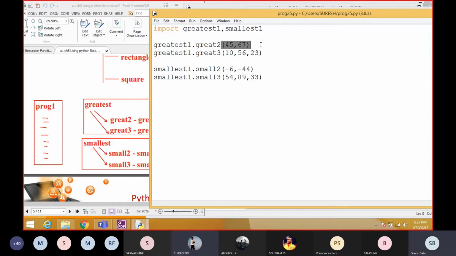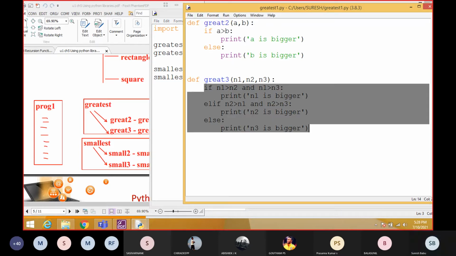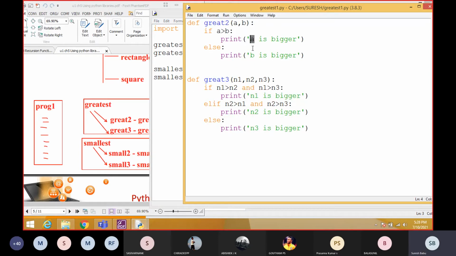67. Yes, the first one, it will display 67, but actually it is going to display B is bigger. So this is A, this is B. If you want to display the number, you can change it according to the program. Students understood? So instead of A here, we can display A comma, outside the bracket. Here also you can change the coding, B comma, then everywhere. So kindly note down the program like this. If you change it, it will display the value in the output. Understood?